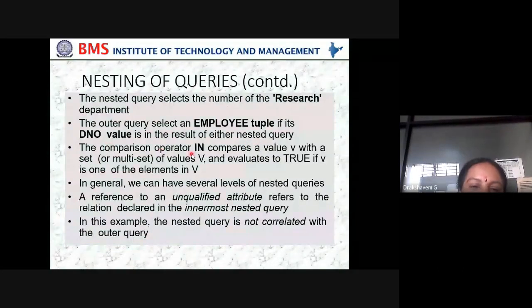The comparison operator IN compares a value v with a set or multi-set of values V and evaluates to true if v is one of the elements in V. In general, we can have several levels of nested queries. A reference to an unqualified attribute refers to the relation declared in the innermost nested query. In this example, the nested query is not correlated with the outer query.